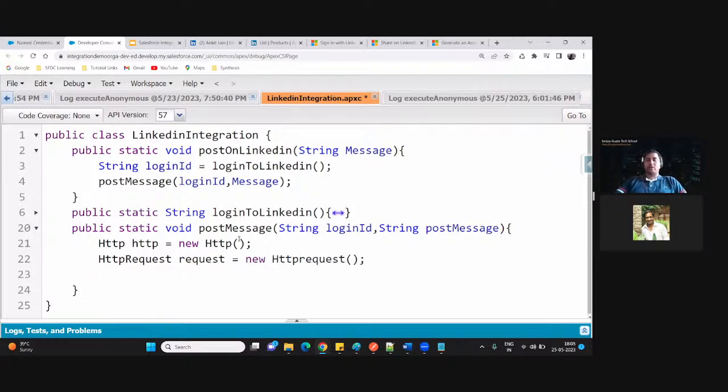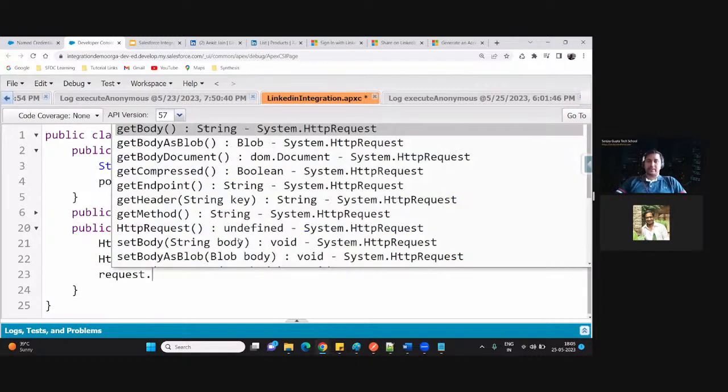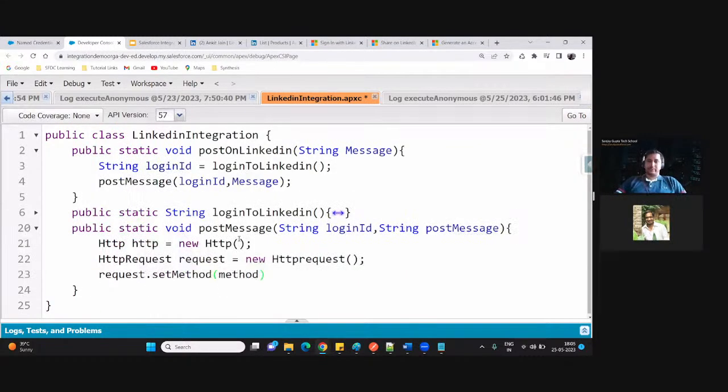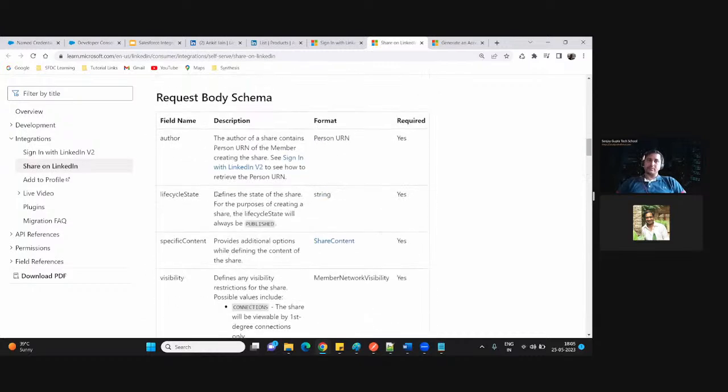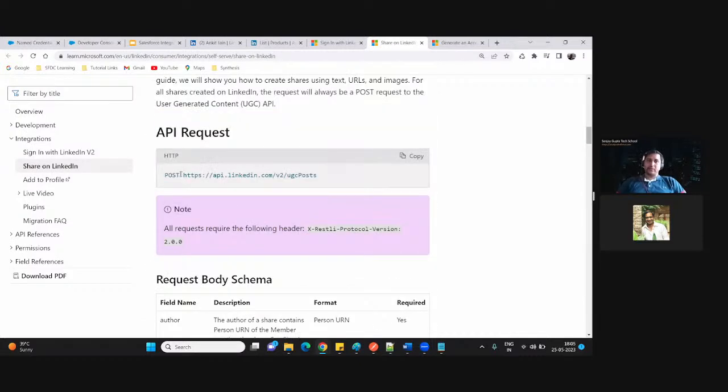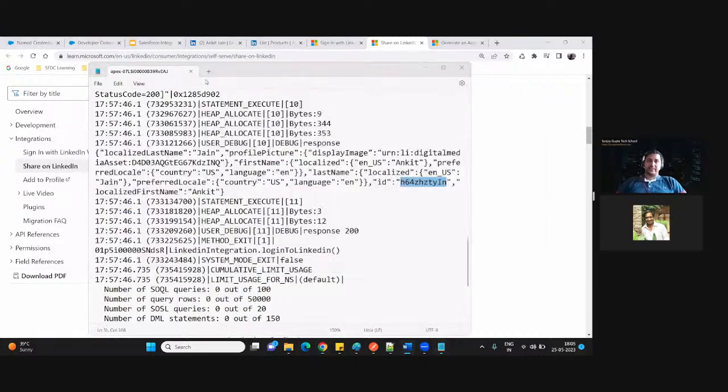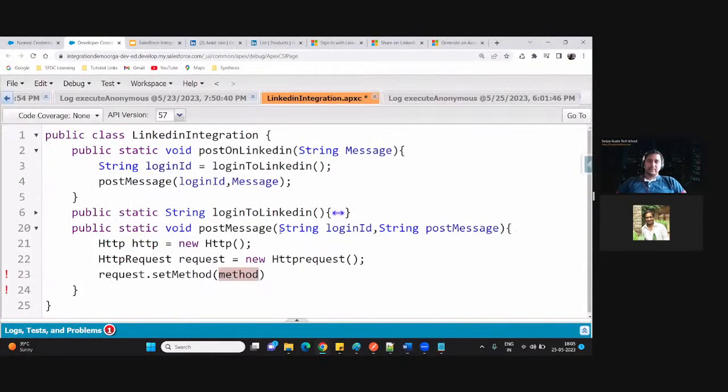Now this time we have to perform the post operation. So here I am setting the method as the post method, because if you follow this documentation, they are asking to perform the post operation. That's the reason I set the method type as post.